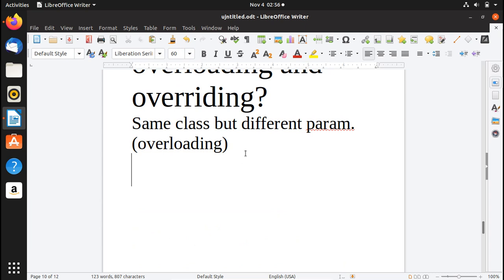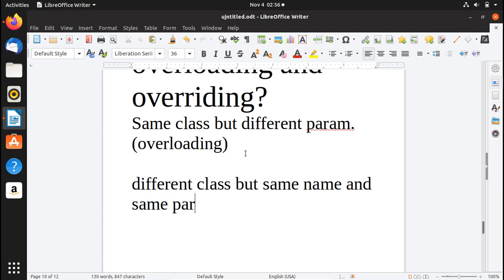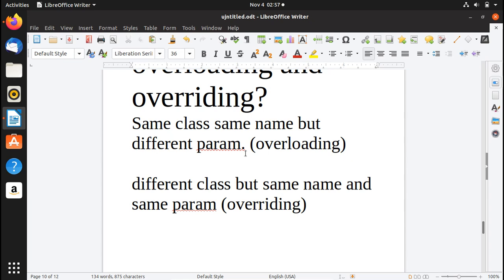And different class but same name and same parameters. Okay, so that would be overriding. Here same class but different parameters, same name as well. So this is overloading and this is overriding. Hope you've got the point.